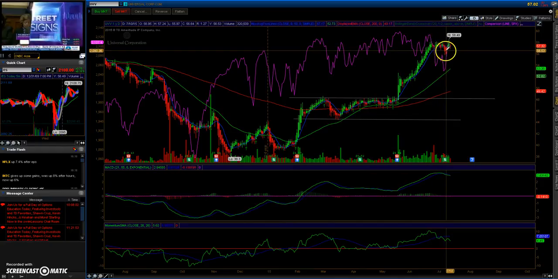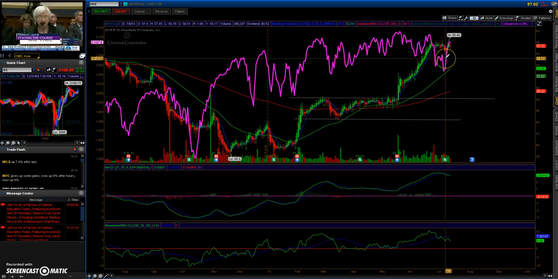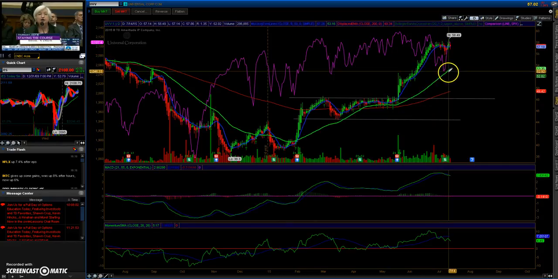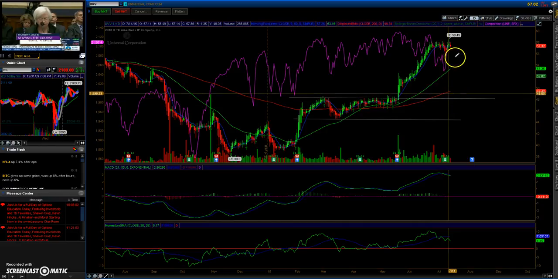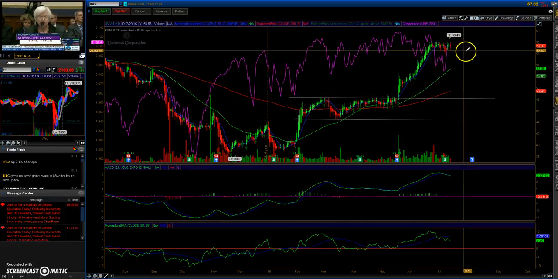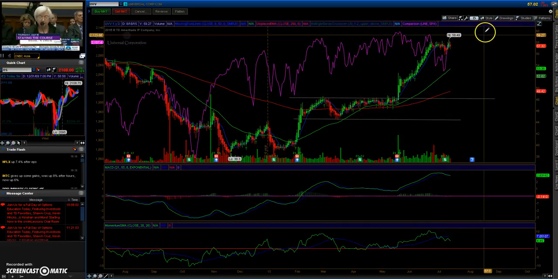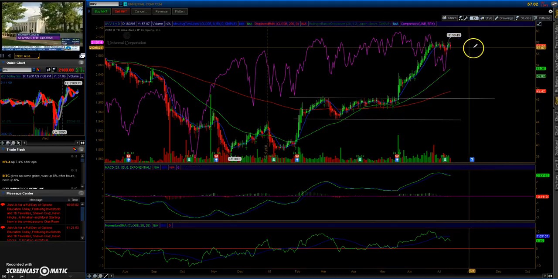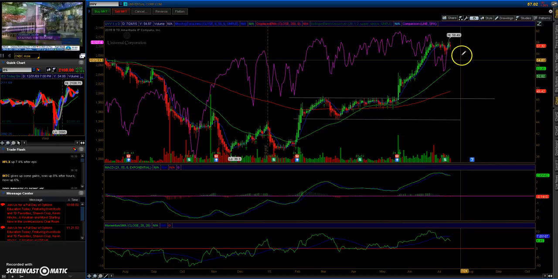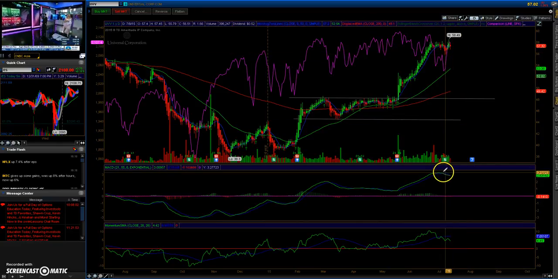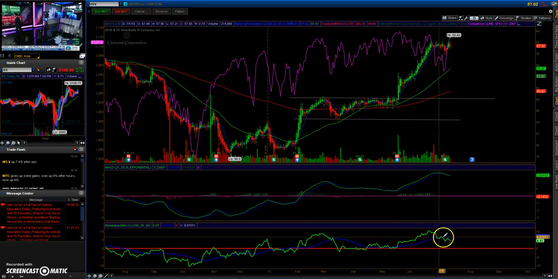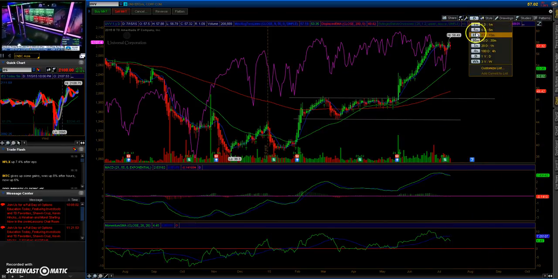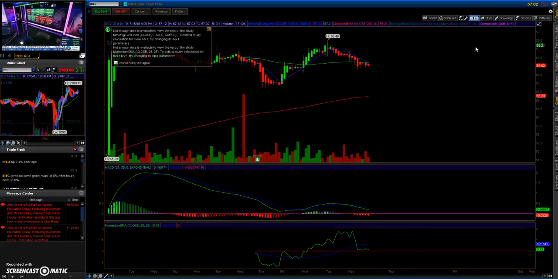So where do I expect this to go? My rule is always, once price is overextended away from the 50-day and the 200-day moving average, I'm looking for the pullback somewhere down here before price can continue making its way up, or I'm looking for the sideways action to continue until somewhere in here. MACD is to the downside, momentum is to the downside, as you can see here. So I would have to go to a shorter time frame to even try to trade this stock.